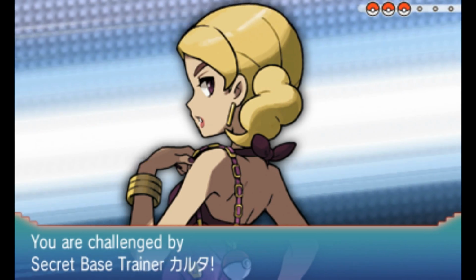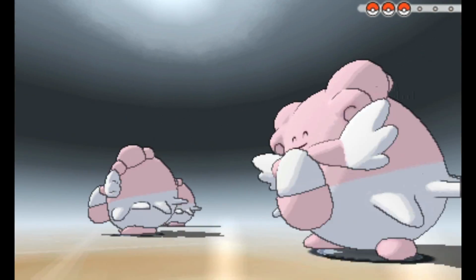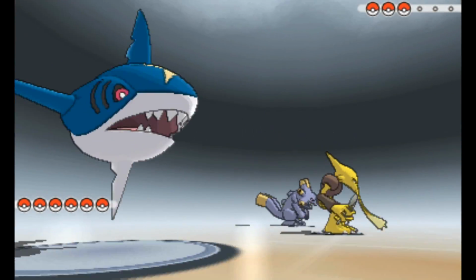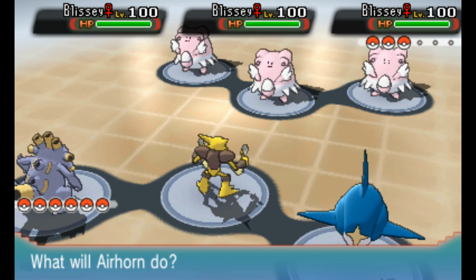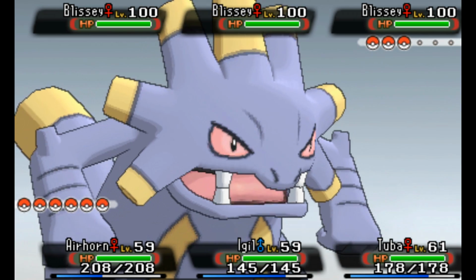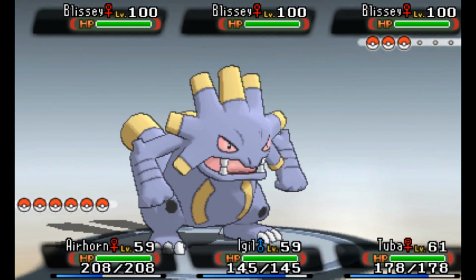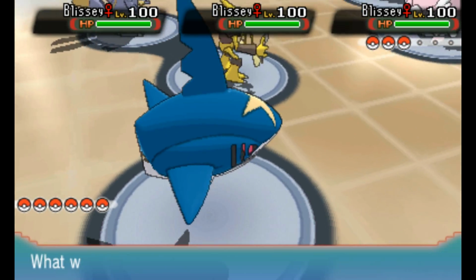Time to take on the beauty version of Karuta, and she sends out 3 Blissies that look like they're all in Heal Balls. But yes, it's a triple battle, so you send out 3 Pokemon at once. All 3 Blissies are level 100. But in case you're worried this battle's going to take a long time, it's probably not. Because these Blissies have, well, actually, Alakazam's going to have a whole lot of trouble here, but...